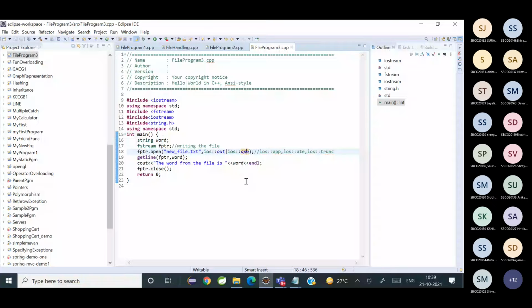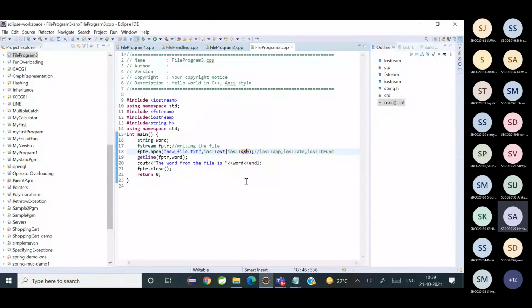To append, ma'am. I've been asking you all, you all understood, and that time you all keep quiet, and when I ask questions you all don't answer. What does out and app together mean? I'm using it for both. So what does that mean? What is going to happen? I'm writing to the end of the operation.